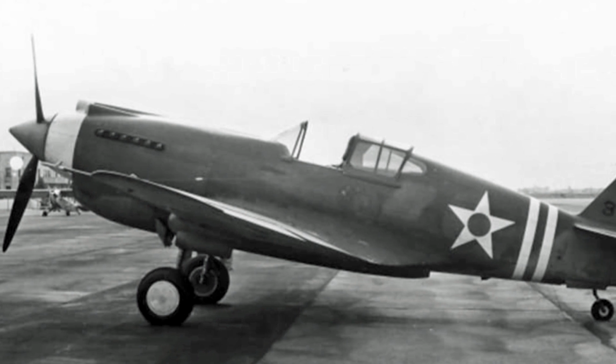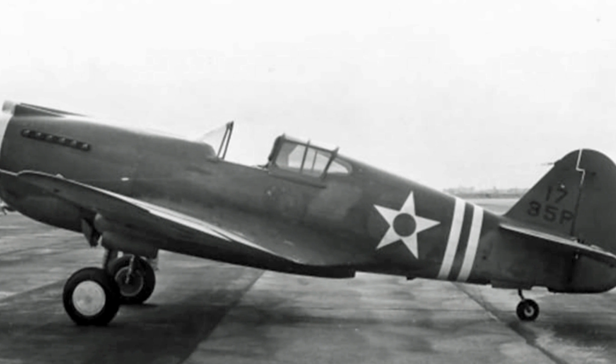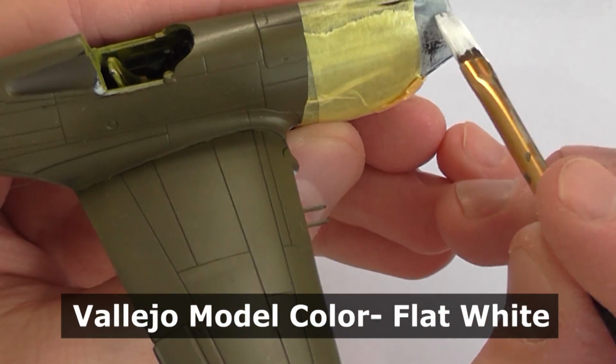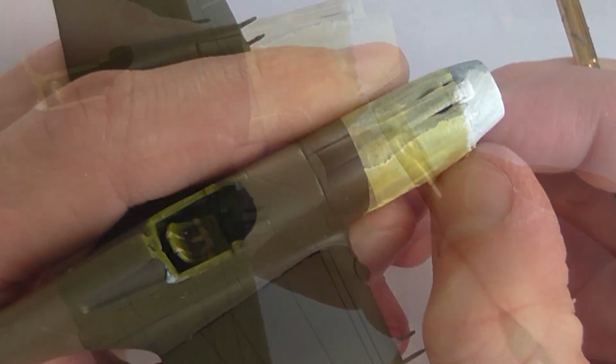I decided to replicate the paint scheme of this unique P-40B, belonging to the US Army Air Corps circa 1940. And as you can see from this colour profile on screen, it will make for a nice looking model P-40 once completed. After masking off the nose with Tamiya masking tape, multiple thin layers of flat white was brushed over